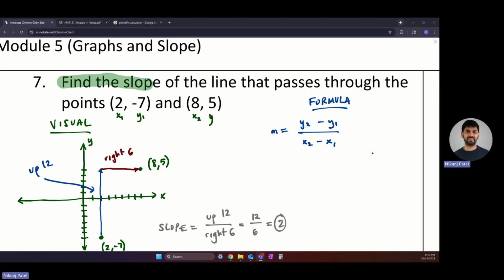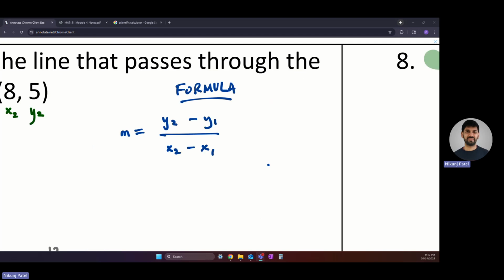So there's x1, y1, x2, y2. So the ones and the twos just have to do with which point it is in order. So the first point has the ones, the second point has the twos. And now you just place those four numbers in the right spots here. So across the top, we would be doing 5 and -7. And since there's already a minus there, we would be doing 5 minus